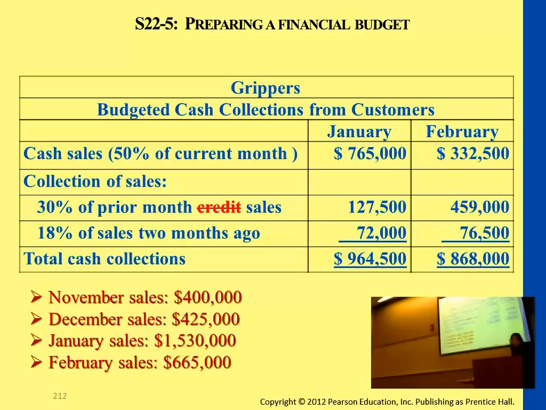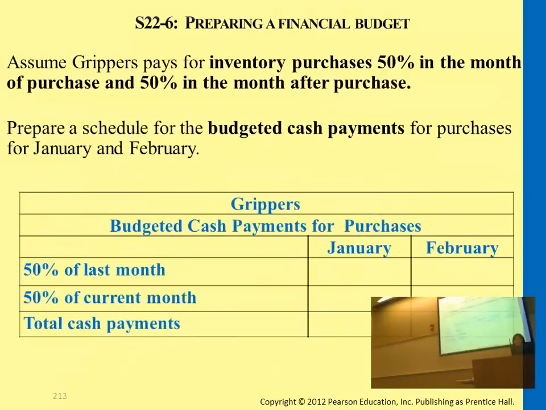Okay, so this is the first part of the cash budget, the cash inflow, cash that we're collecting. Now the following table, let's do an exercise on payments of inventory purchases. Okay, next table here, budgeted cash payments for purchases. You need to refer to the previous cost of goods sold, inventory purchases table that you did in the previous